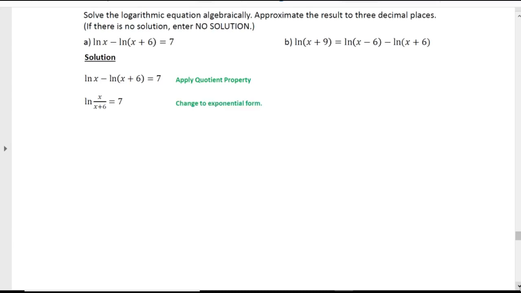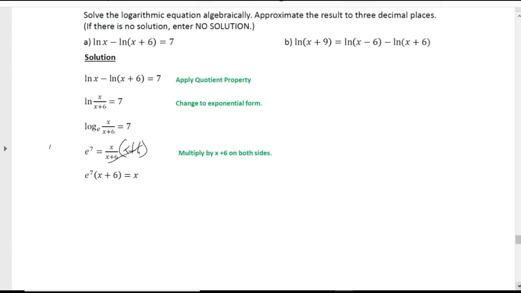Then we can change this natural log to an exponential form. Natural log, remember, is the same as log base e. So if we change it, our base is e, and then the log is equal to the exponent. Since this log is equal to 7, then 7 would be our exponent. So to simplify here, we would multiply by x plus 6 on both sides. And so when we do that,